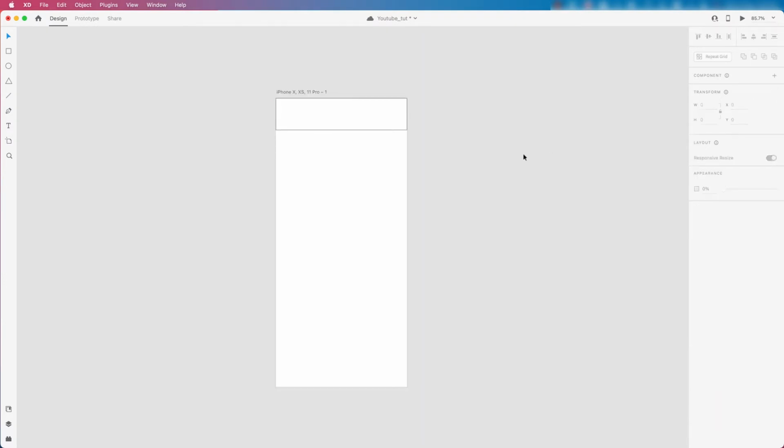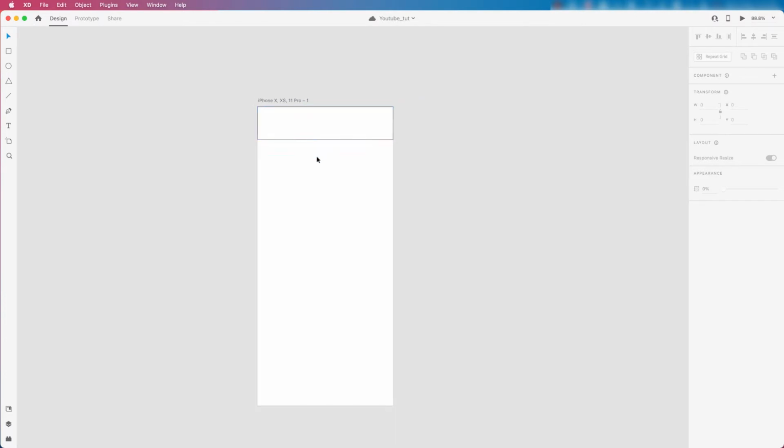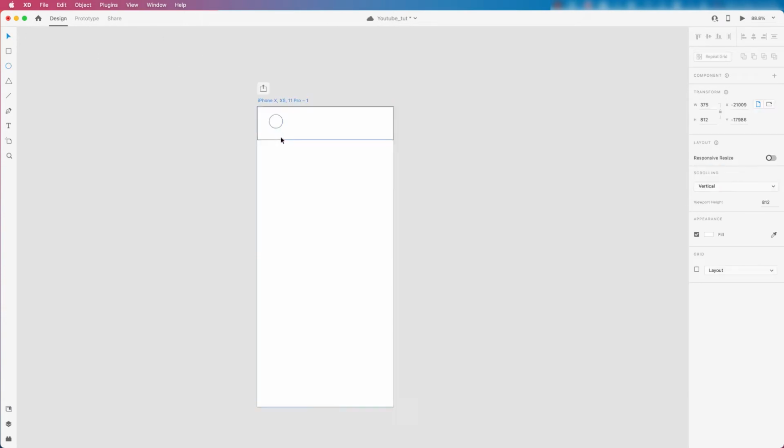All right, so I also decided to create 3 icons, right? I want one to be the profile image, I want one to be the chat icon, and then the final one will be the hamburger menu, so the left-hand menu. And to do this, the first thing I'll do is create a circle, right? But before then, I want to create